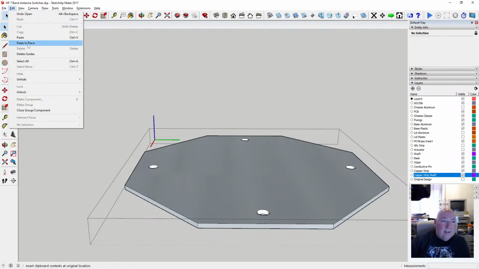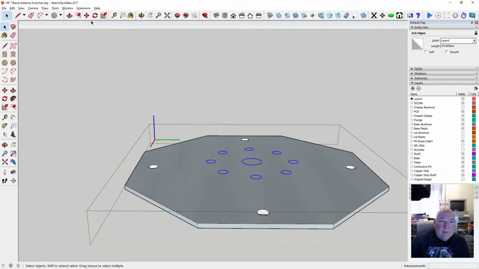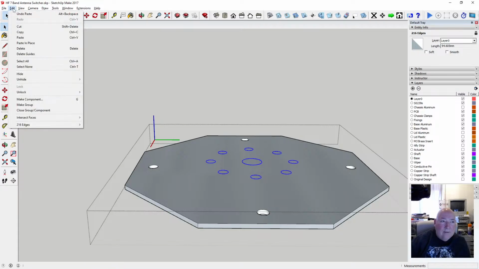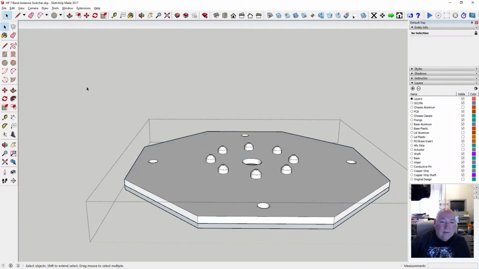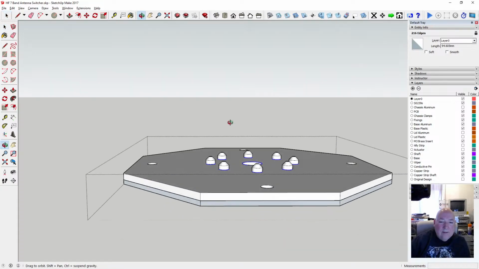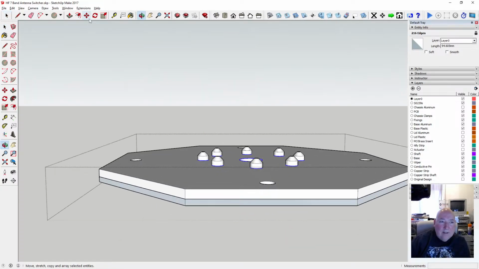I need to paste it in place here. Now, undo. Paste it in place. And we need to lower it. Lower it down to